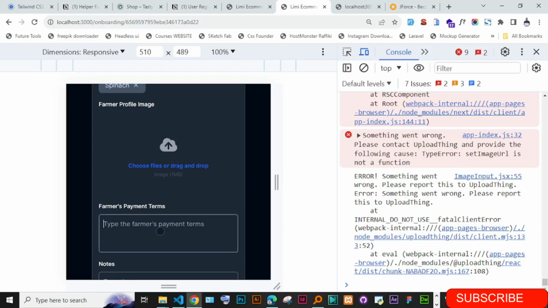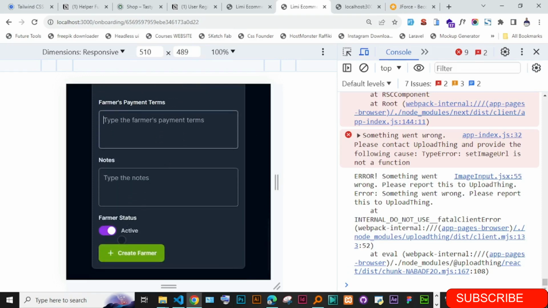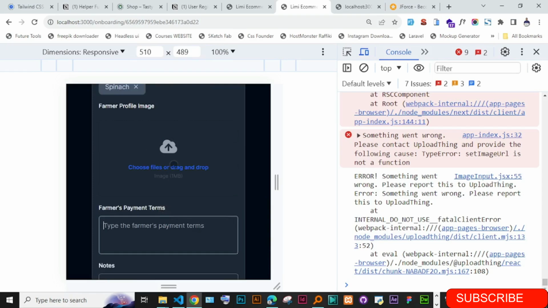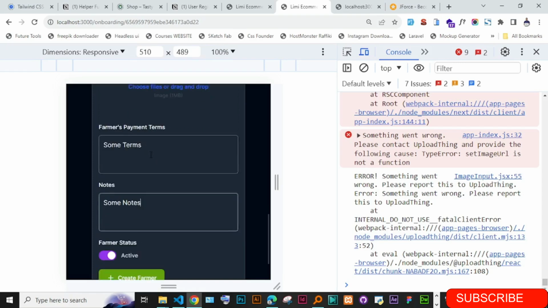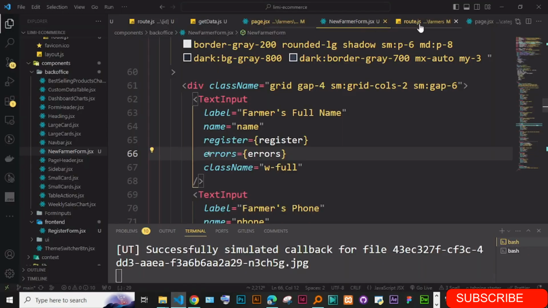I'll go ahead and put some payment terms, and I think someone had said that when you click submit, you can see here it gives you an error before you reach that part. They just have some terms here and some notes. Just look at that image in a second. And I don't know if an image is a must. Is it a must? Let's look at